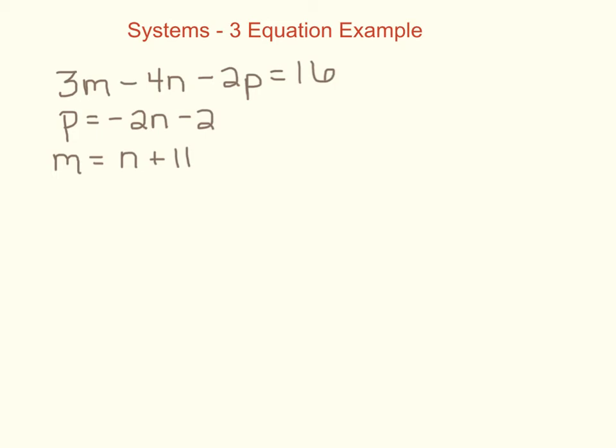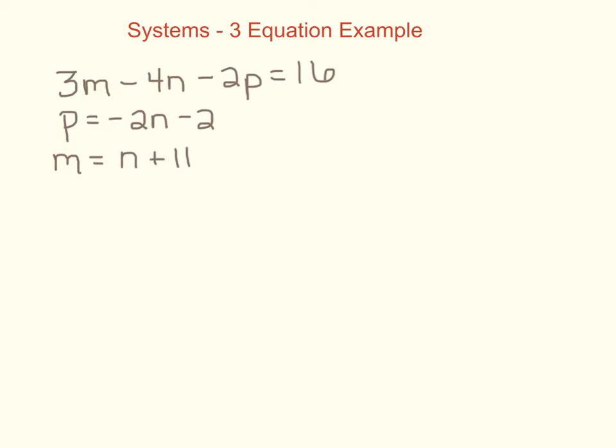So up until now, we've been solving systems of equations with two variables, which means you have two equations and two variables. Now I want to show you what it would look like if you had three equations and three variables. So that's what you have here. You've got m, n, and p that are all things that you're trying to solve for, and you've got three